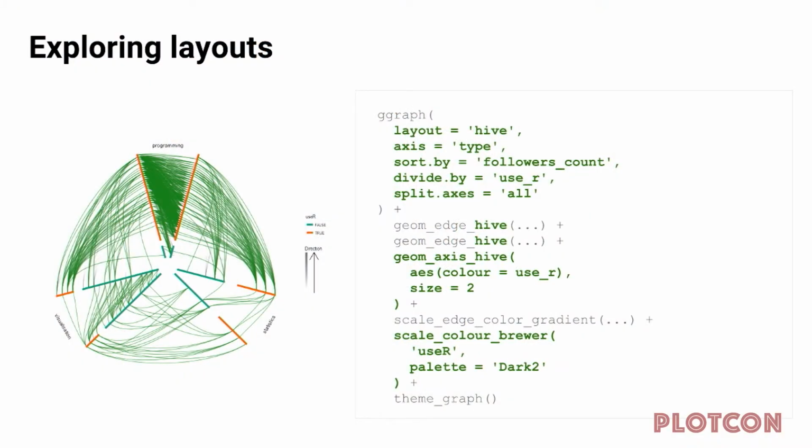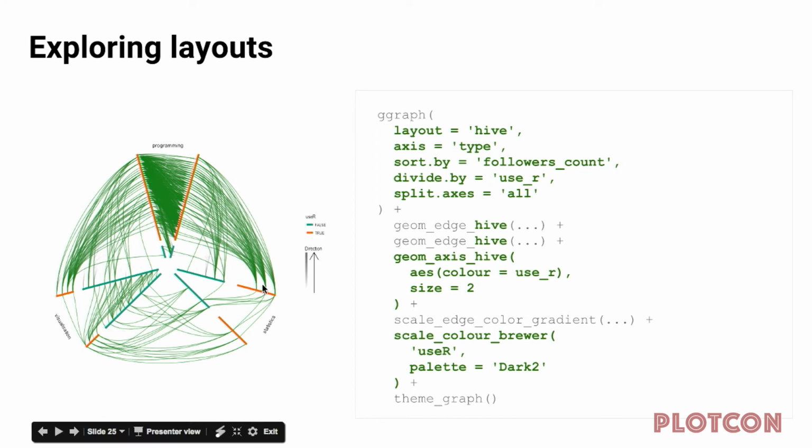So this Hive plot shows the split between programmers and statisticians and visualization, and each edge is also split by whether or not I think they use R. This is, again, not very scientific, it's just that I seem to think that they at least use R a lot in terms of what they tweet about. And what we can see is actually that,